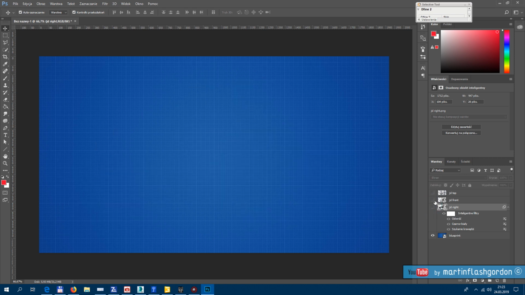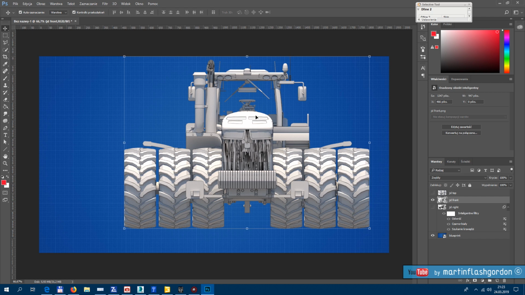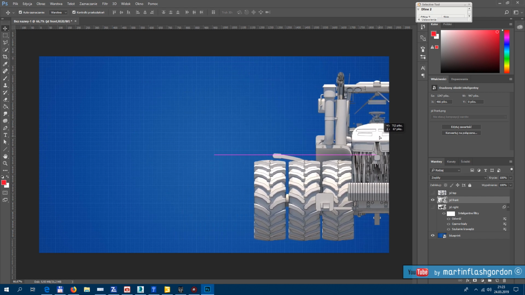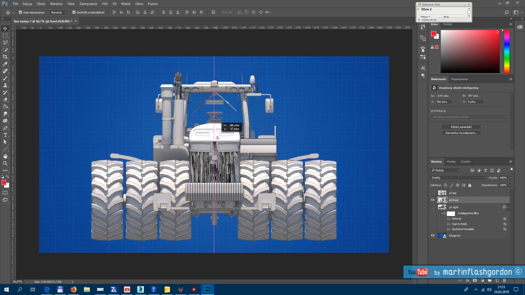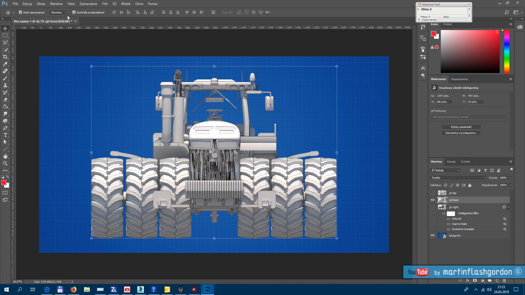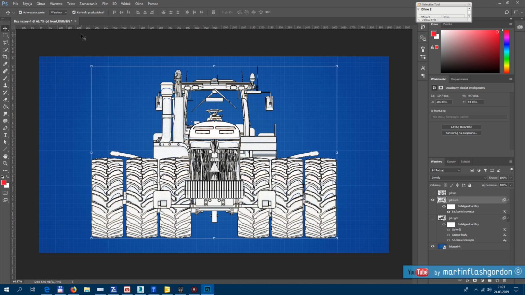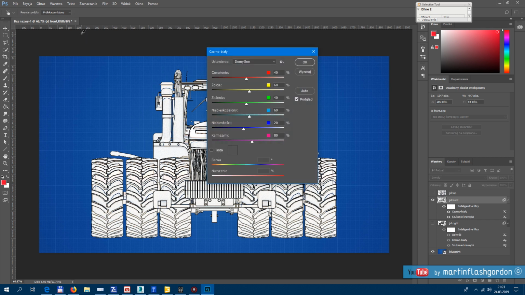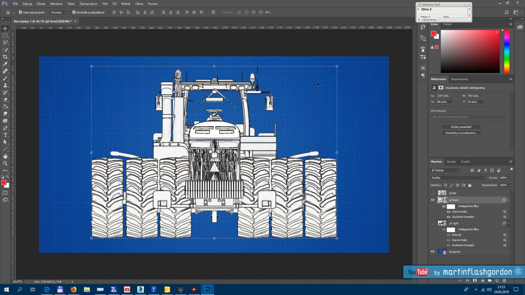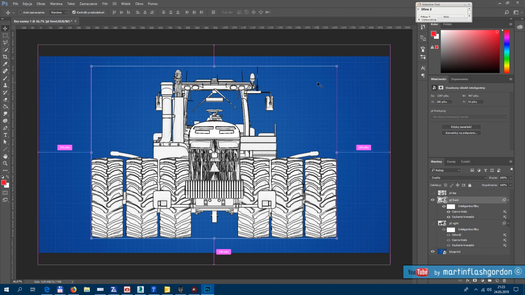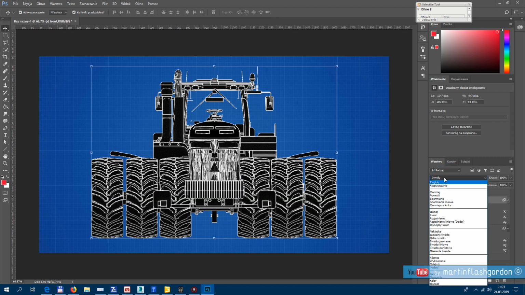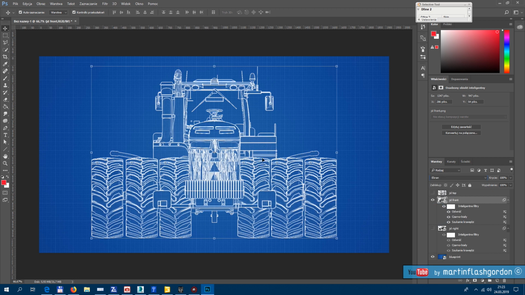Then we have one. Then we do the front the same. See, it doesn't matter that it was in the side. We just have it in the center here. And then you set again filter, stylize, find edges, Ctrl Shift Alt B to convert to black and white. Press OK. Ctrl I to invert, and mixing for screen. Then we have the front,